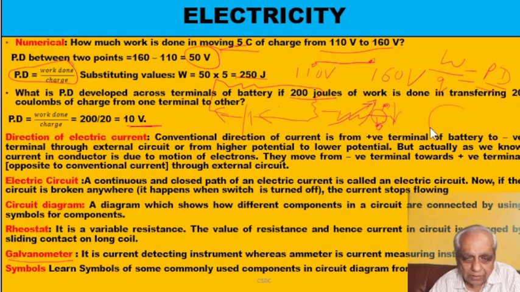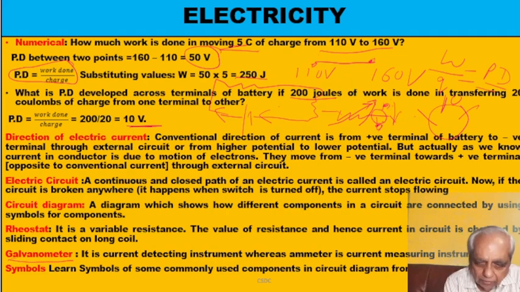So a galvanometer is always central 0. In the middle there is a 0. Here there is some 10 ampere. Here it might be some 1 ampere. Here it might be 1 ampere. Both sides may be 1 ampere. Central is 0. So this is a galvanometer. We will be using it in experiments to detect the current. Okay, and the ammeter we will be using to measure the current. Okay, so we will proceed further to our today's topic,